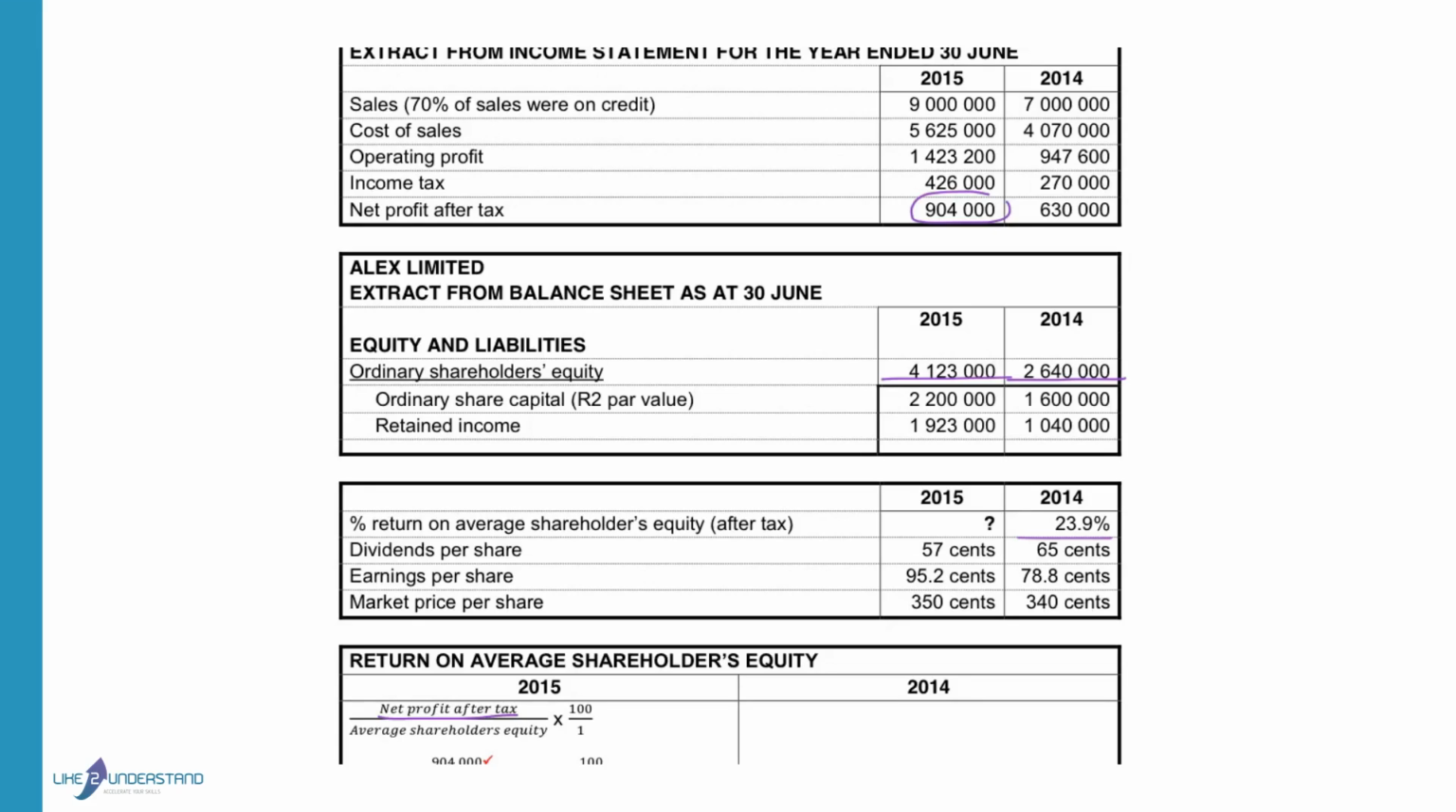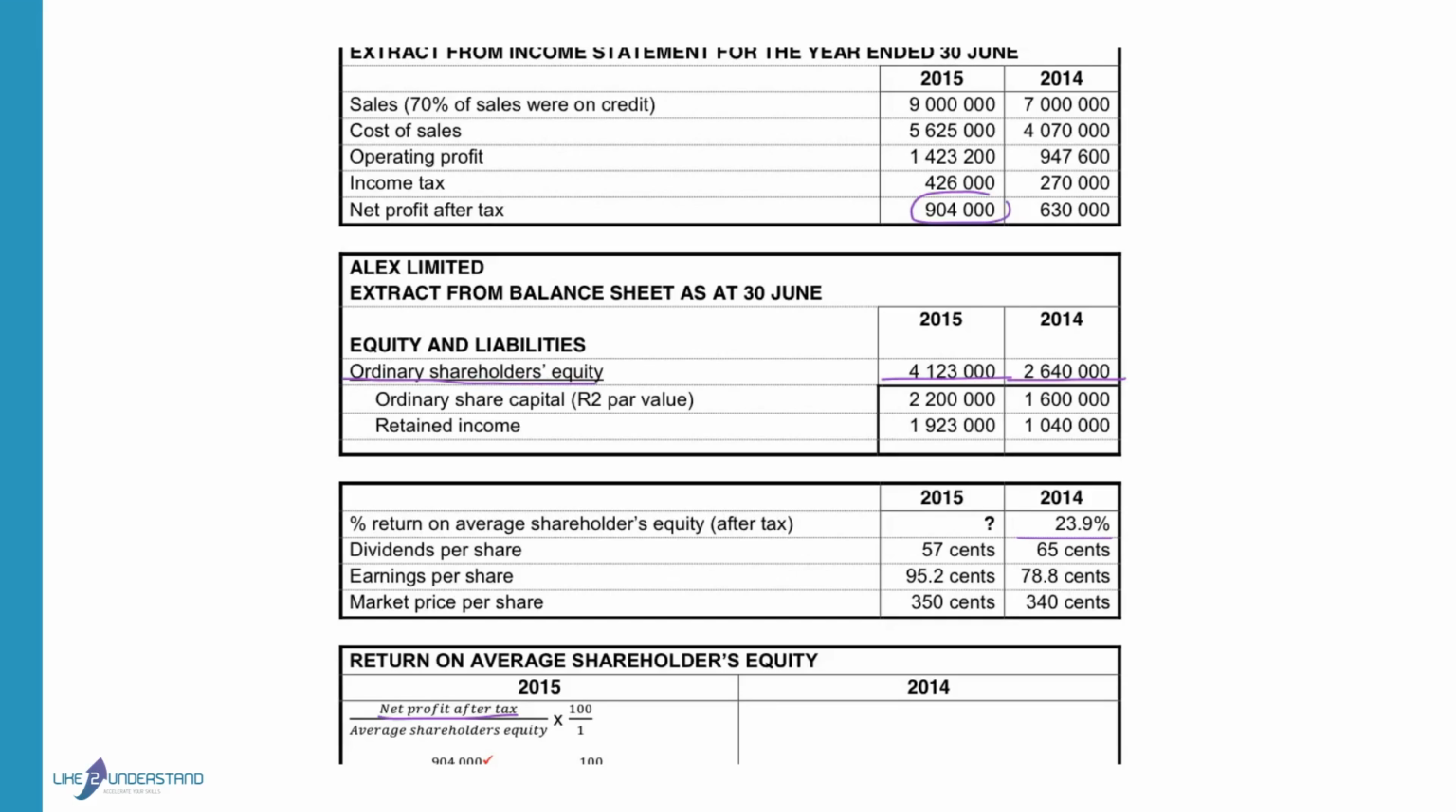retained in the business to expand, and that's why they didn't pay it out to the shareholders. So this retained income actually belongs to the shareholders. The capital belongs to the shareholders. So my total shareholders' equity will consist of the capital plus the profit that was kept back in the business. If we calculate that, we get an average return of